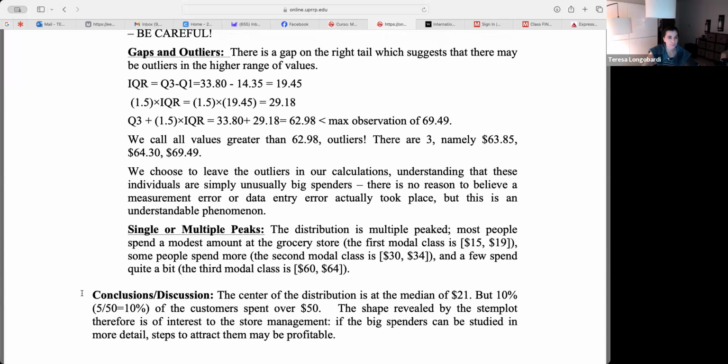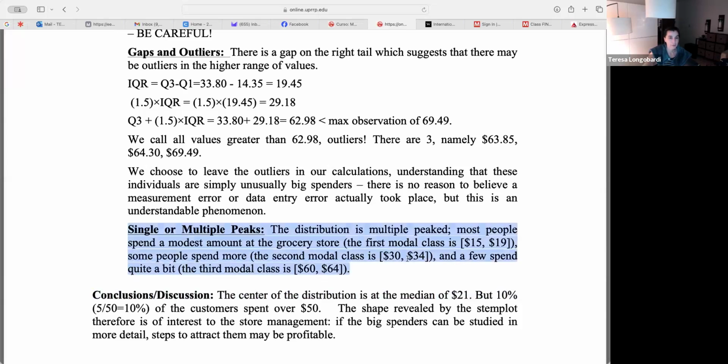And the conclusion: the center of the distribution is at the median of about $21. I'm just rounding it, so $20.74 is like $21. But 10% of the customers spent over $50. The shape revealed by the stem plot, therefore, is of interest to the store management. If the big spenders can be studied in more detail, steps to attract them may be profitable. And I explain here in the peaks